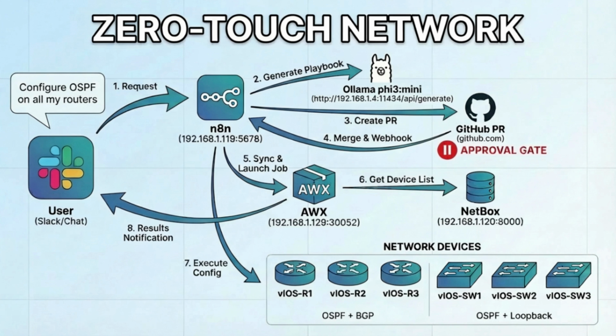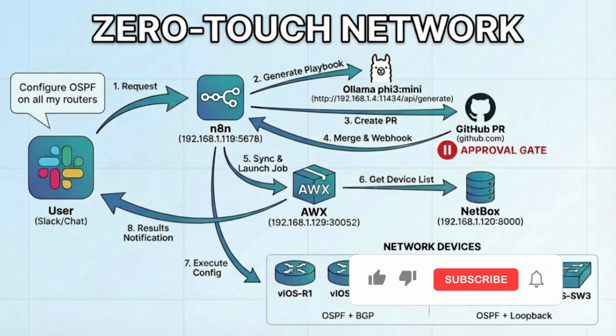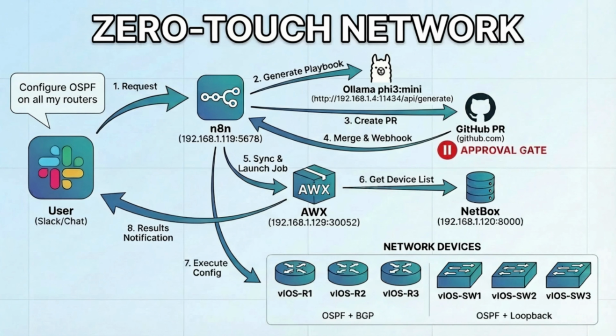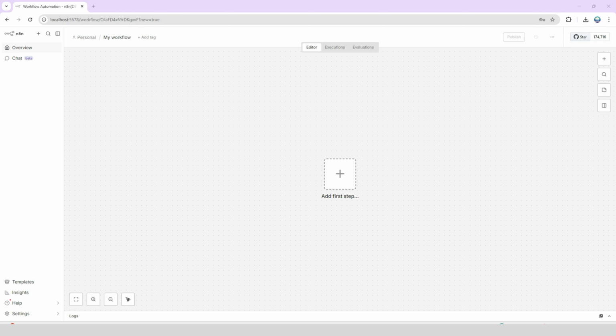So in step 2, this request goes to Ollama to generate a playbook. That's an HTTP request node. It talks to our Ollama API on our Windows machine. So for this video, we are building just these two nodes. Webhook in, Ollama out. Simple, right? In the next video, we'll add GitHub and AWS nodes to complete the full pipeline. But today, let's prove the concept works.